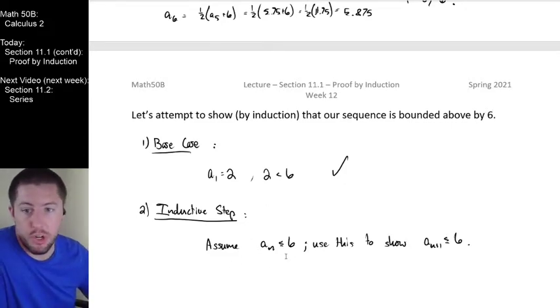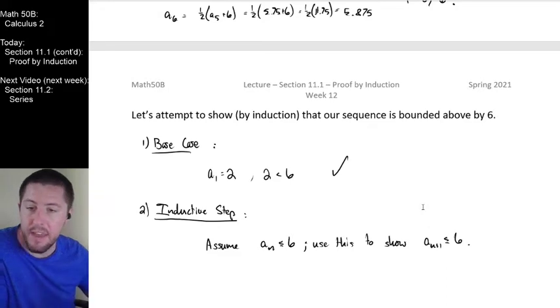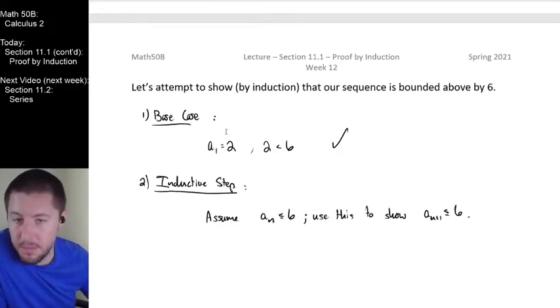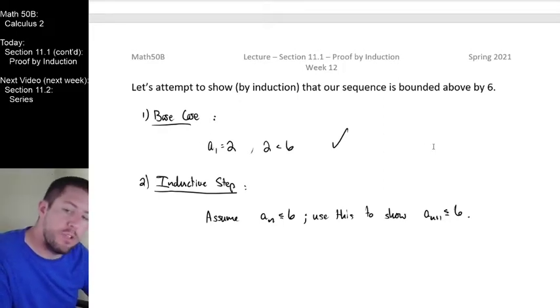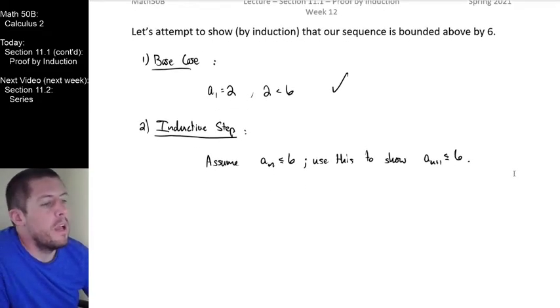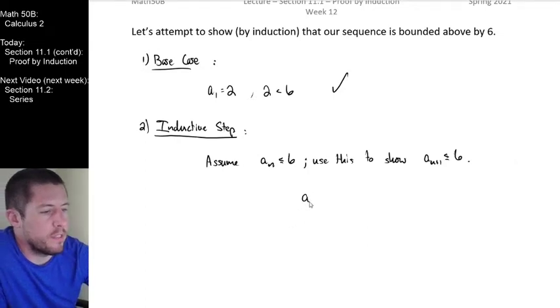We're assuming it's true, but we're assuming it's true in the effort to show that the next case must be guaranteed to have that property based on the previous case having that property. That allows us to go from step 1 being true to knowing that it must be true for step 2, 2 for 3, 3 for 4, 4 for 5, off forever for all those n values that are out there. So I get to start from this: a sub n is less than or equal to 6. And what I need to do is build a statement